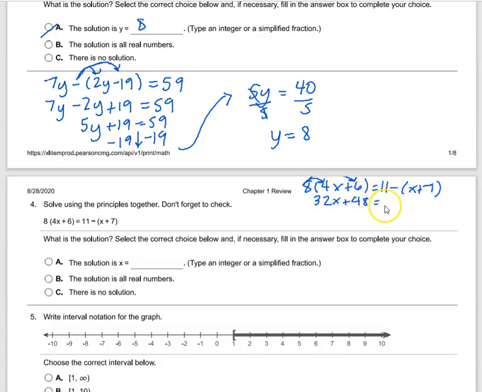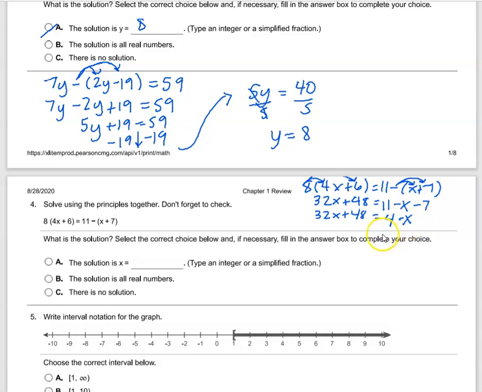Okay, and then we've got 11. And this negative makes everything over here the opposite of what it is. It's like multiplying by -1. So right now x is positive, so this would be a negative x. And 7 is positive, so it's going to be -7. We want to combine like terms. On the left side, there are no like terms to combine. But on the right side, I could do 11 minus 7, which is 4,